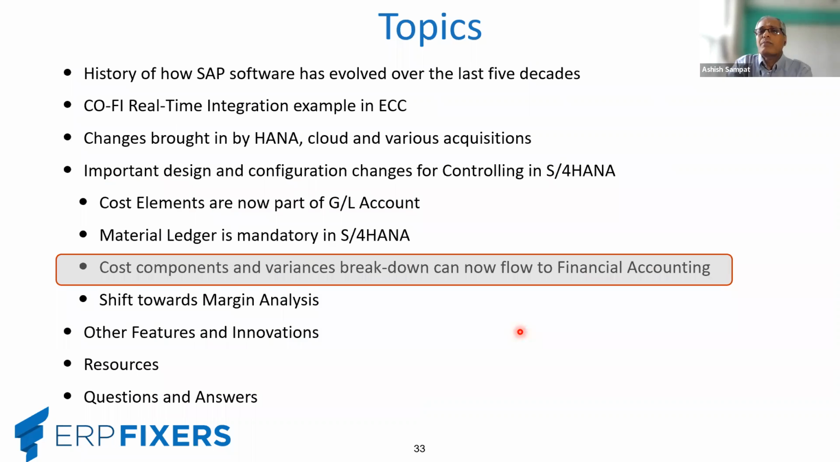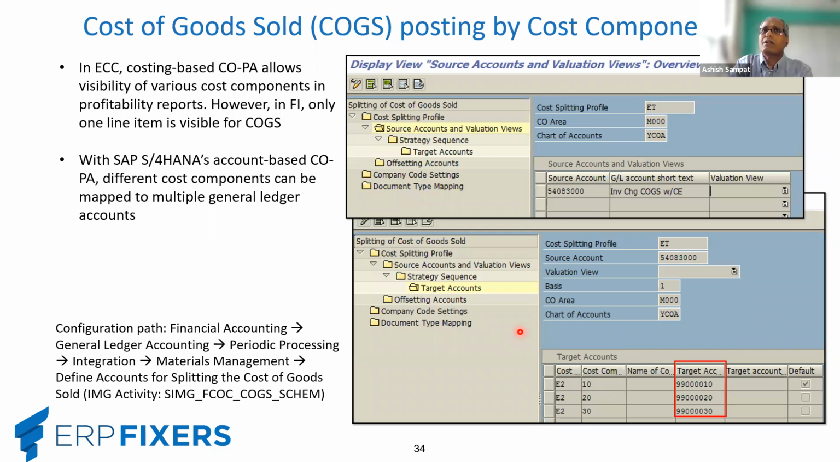Let's look at cost components and variance breakdown. This is yet another nice feature. In the ECC version, when you are using the costing based COPA, the variance breakdown and the cost of goods sold breakdown is available in CO, but FI does not get that breakdown. And we can look at that example, and we'll come back to this